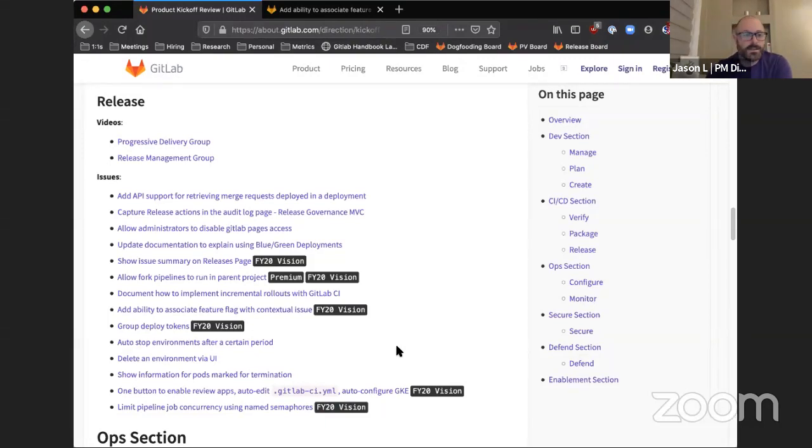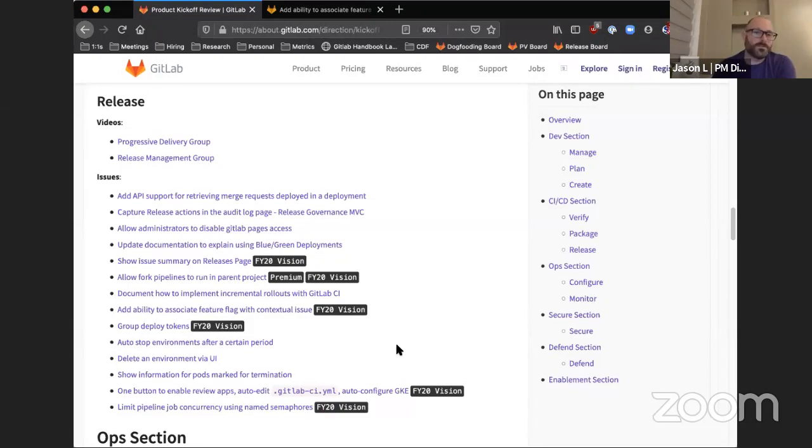And the first feature that I want to touch on here is that we're adding release actions into the audit log in GitLab. So if you create a release, if you edit a release, if you do anything with a release, including downloading the content of it, that will be tracked in the audit log. So you can now work with your compliance teams to make sure that anything that's happening with your releases is being tracked just like it should in any good release process.